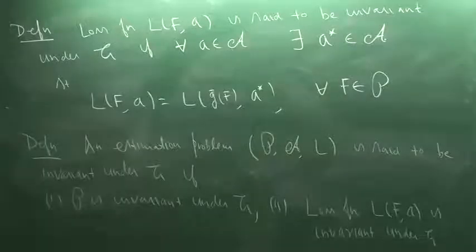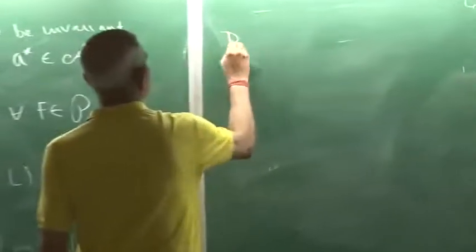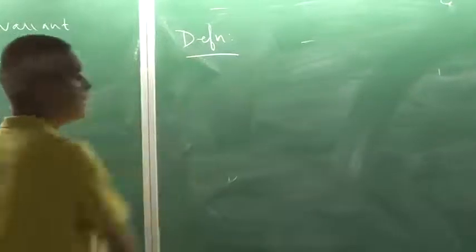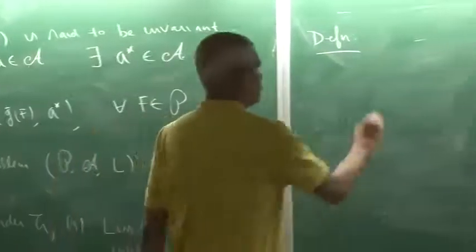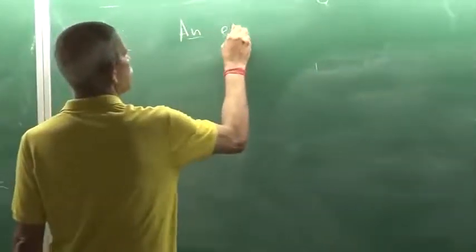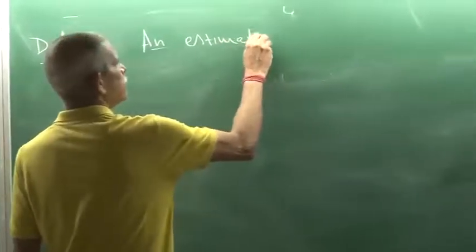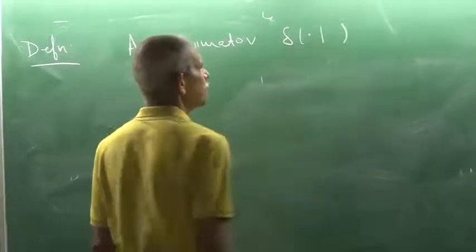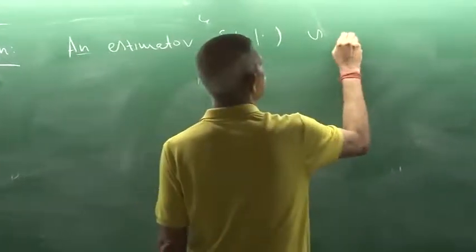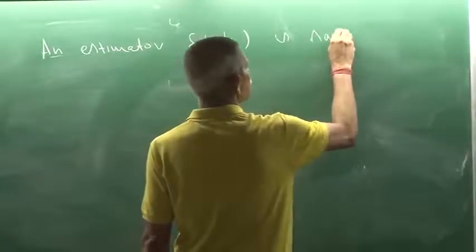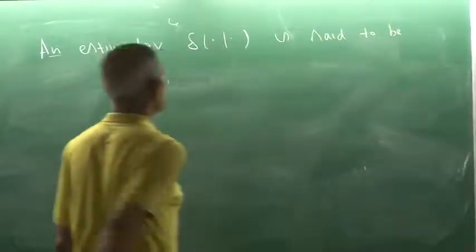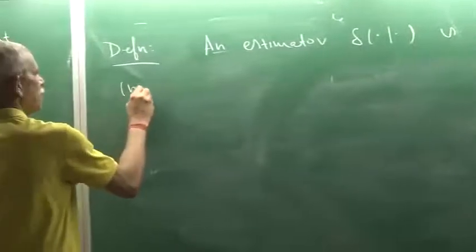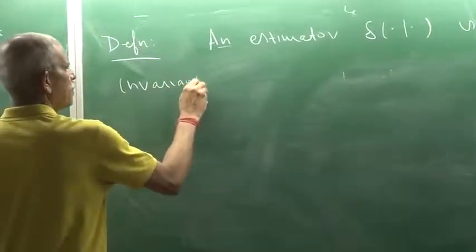So based on the discussion which we had in the beginning of this lecture, a decision rule or an estimator delta is said to be invariant under G